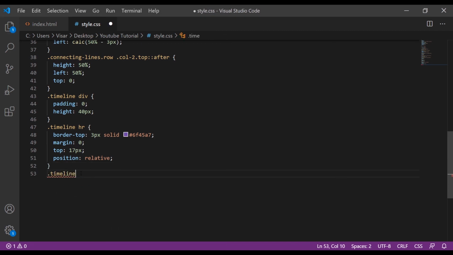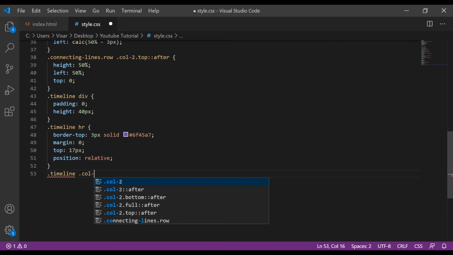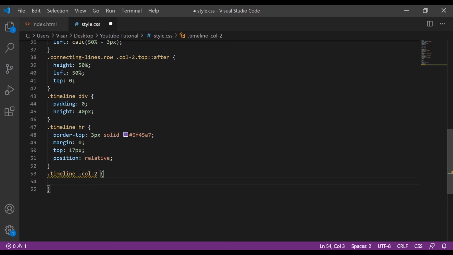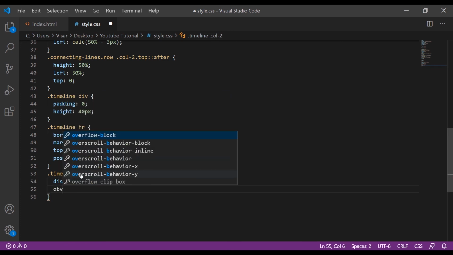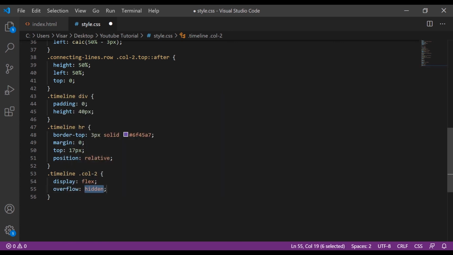Next is the timeline, then col-2, display flex, and overflow will be hidden.